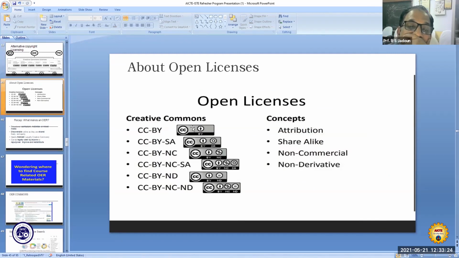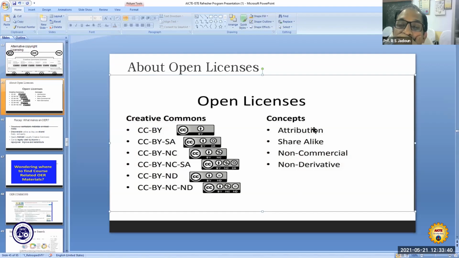So you can see this symbol is very important. These 6 licenses are marked by this symbol. And if you open the content, you will find one of the 6 symbols available. And from that, you can identify which license it has and what flexibilities we have for making use of this content.